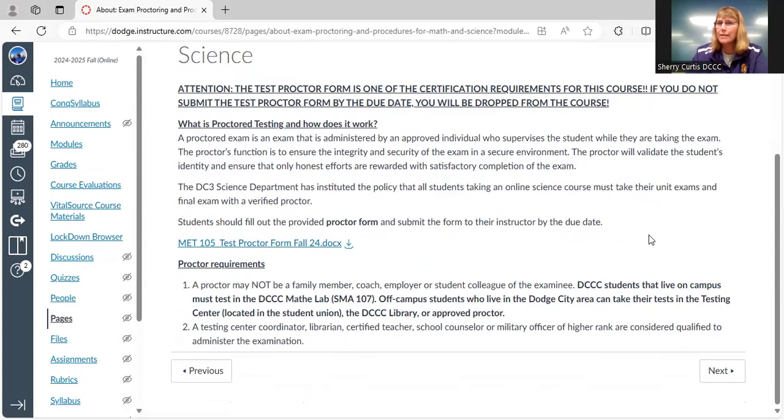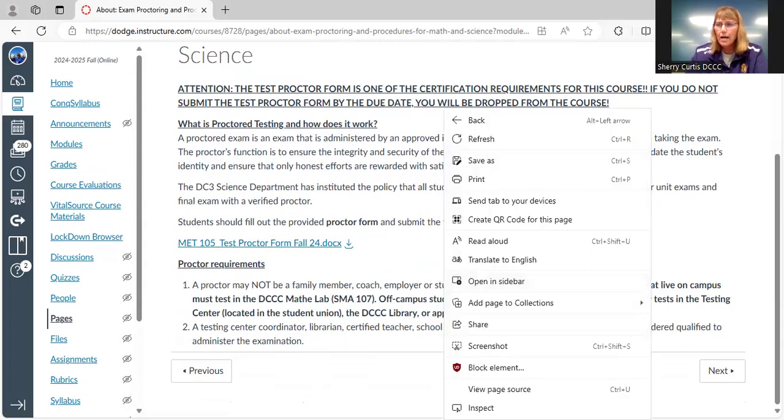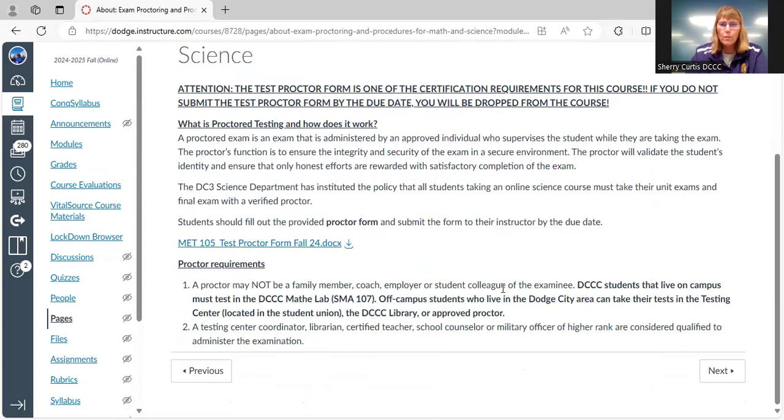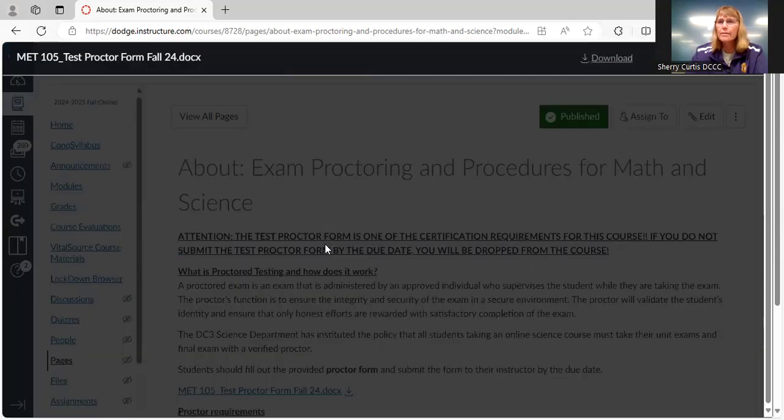They have not sent me that link yet, but I will get that out to you as soon as I can. The library here on campus will also proctor tests if you work full-time or you live off campus, something like that. If you want, you can use the testing center as well, but they are only open 8 to 5. Or you can find another approved proctor. So if we go to the proctor form here,